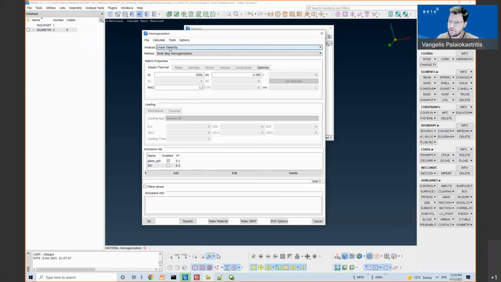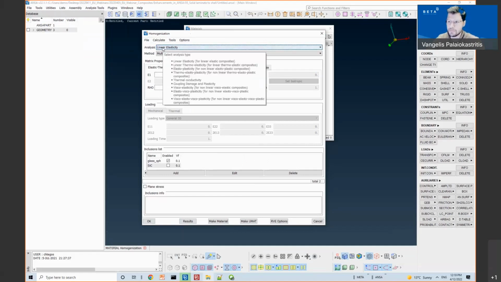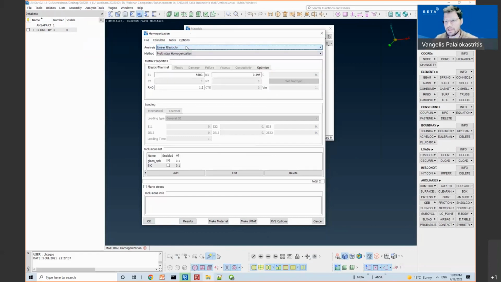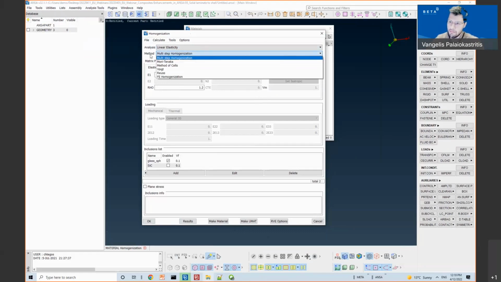On the top side of the window, we have the analysis option, where the user can select the material model that he wants to estimate for the composite material. Then the homogenization method can be selected.